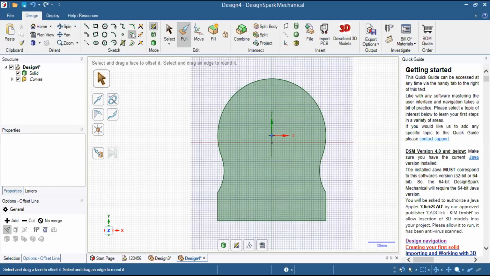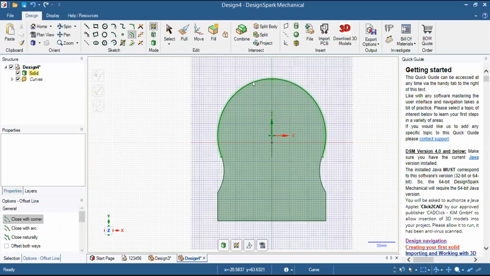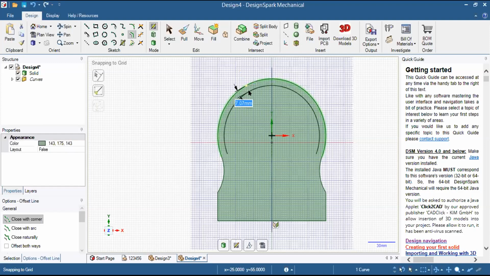Earlier also we have used the offset command, so I believe you have a clear idea how to use it. This is just to create a similar kind of shape at some distance. So I will select this, and I will type a distance of 3 mm.